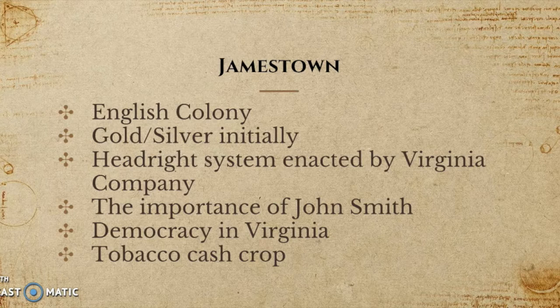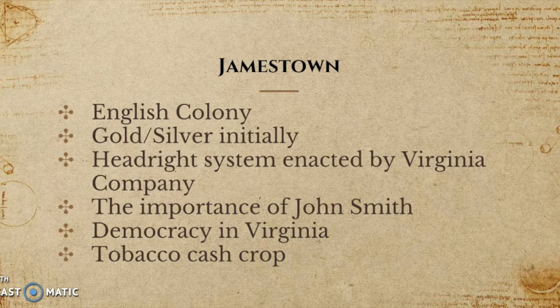Democracy in Virginia first started when the Virginia Company established the House of Burgesses, which was the first democratic institution in the Americas out of the English, Spanish, French, and Dutch empires. Granted, it wasn't very democratic because only land-owning males could vote in the House of Burgesses, and any legislation passed by the House could also be vetoed by the governor of Virginia, who was appointed by the Virginia Company. But because this was the first democratic institution in the Americas in which people could vote, this is significant for the future of the colonies and for the future of America.